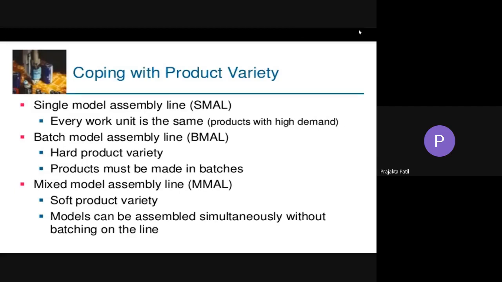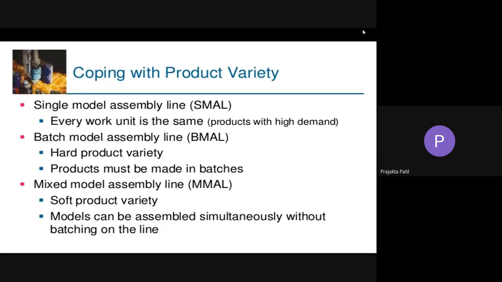So when we state that the workstations are set up, we are referring to the assigned task that they are going to do on each station. There are going to be different types of tools that will be required for a certain task, and also the layouts that are there are going to be different. So all these things need to be taken into consideration when you plan for a batch model assembly line.